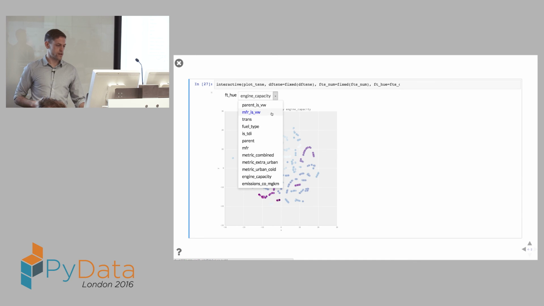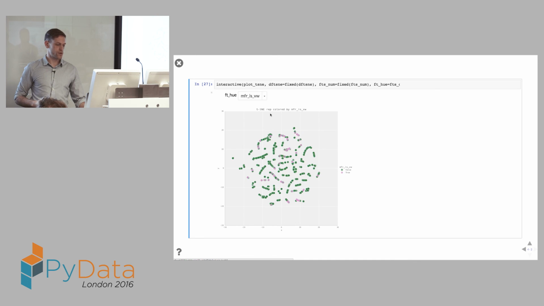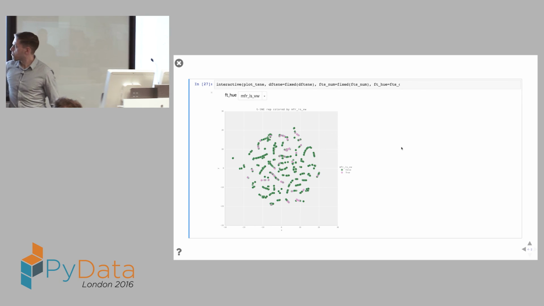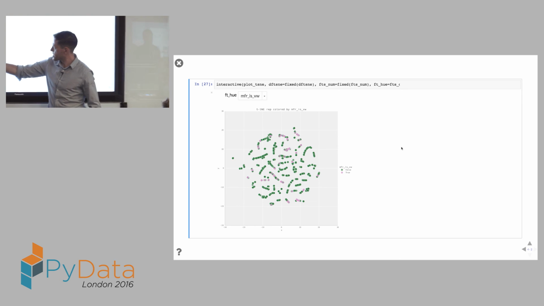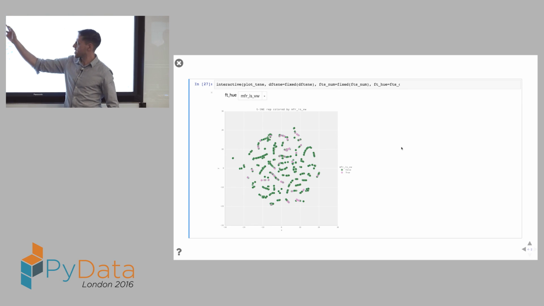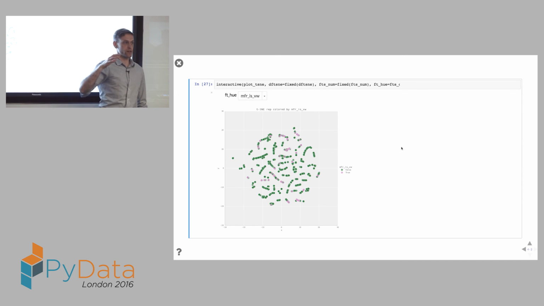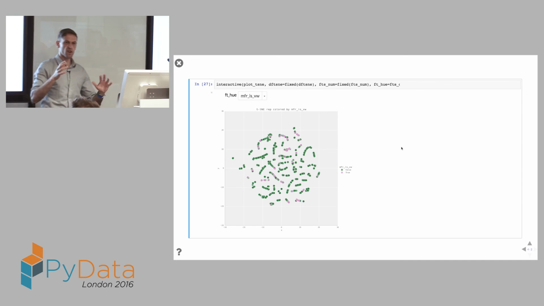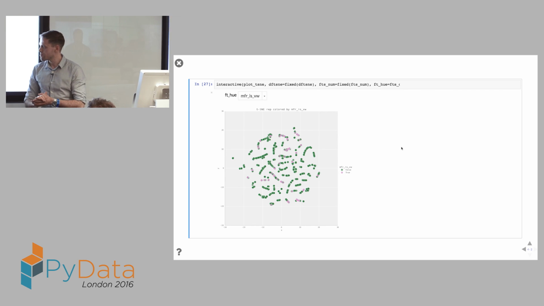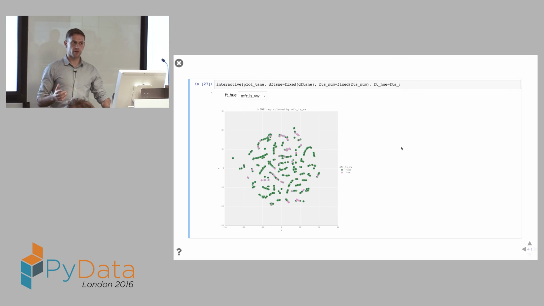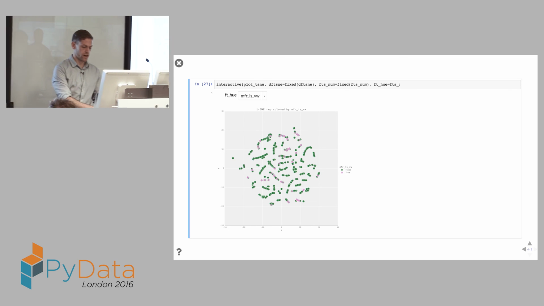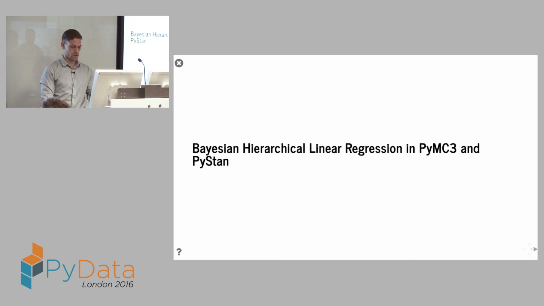And if you look at things like the manufacturer's VW, there are cars which are VW around about here in the input vector space. So they're a little bit clustered. Maybe this is modelable. It's not completely heterogeneous. Probably a linear model is wrong, but let's find out. So, okay.